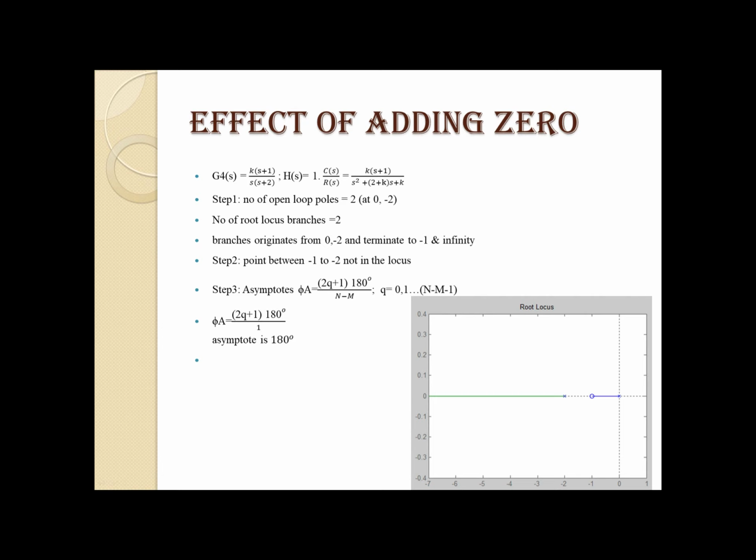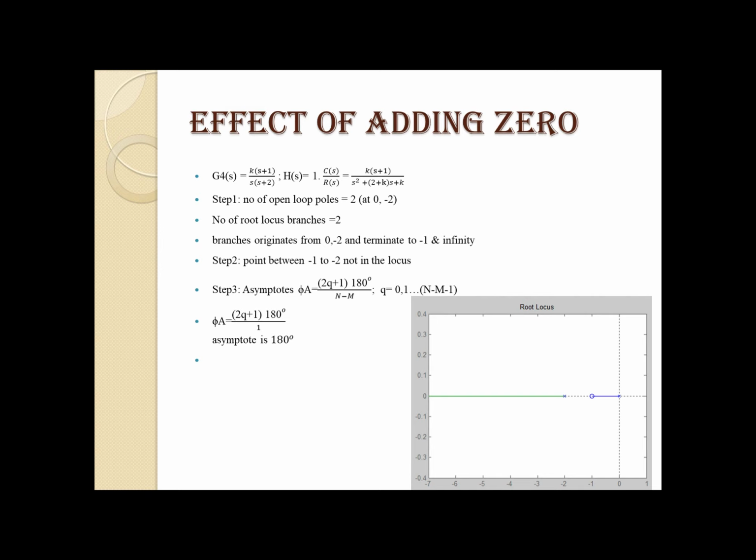So here the number of open loop poles is 2, located at 0 and -2, and the open loop zero is located at -1. So here the number of root locus branches will be 2. Among these two branches, one will terminate at -1, that is the zero location, and another will terminate at the